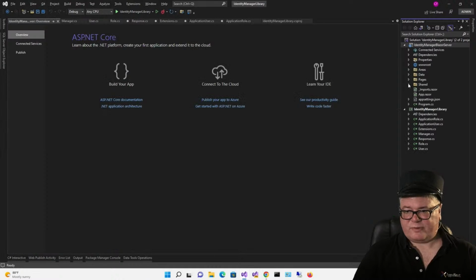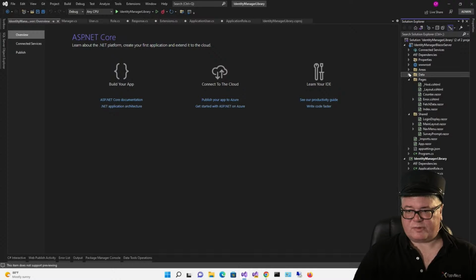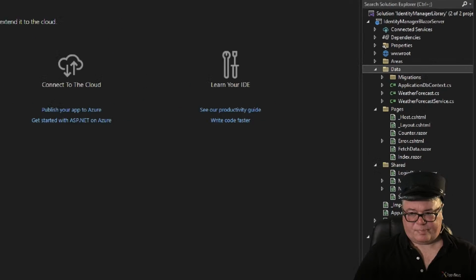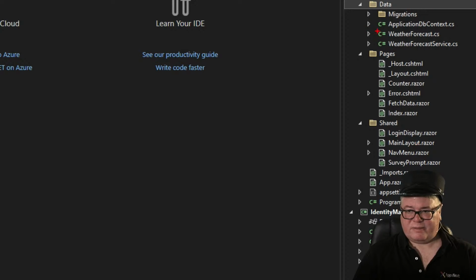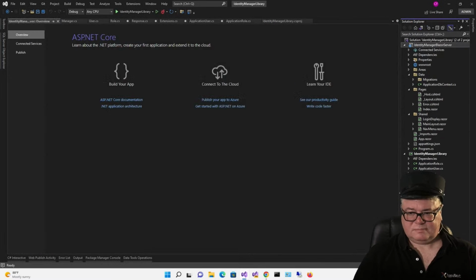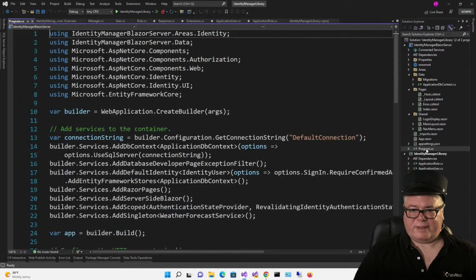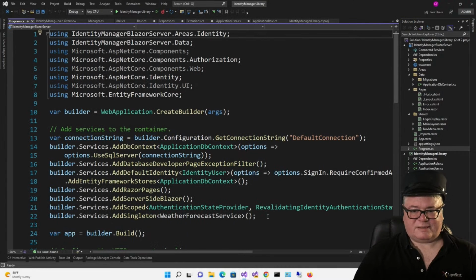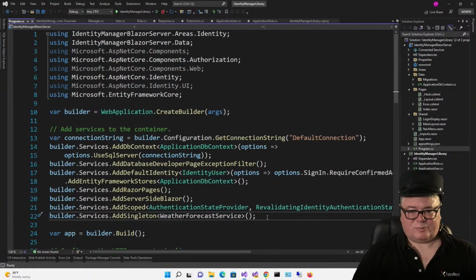So there's a bunch of files over here that we need to get rid of. Let me just expand these and then I'll show you. So under data, we're going to delete weather forecast and weather forecast service. We're going to delete counter. We're going to delete fetch data under pages. And we're going to delete survey prompt under shared. Now we're going to go to program and we're going to delete this line right here, add singleton weather forecast